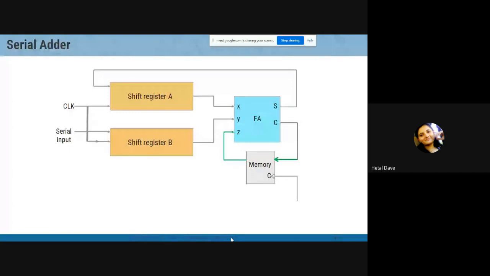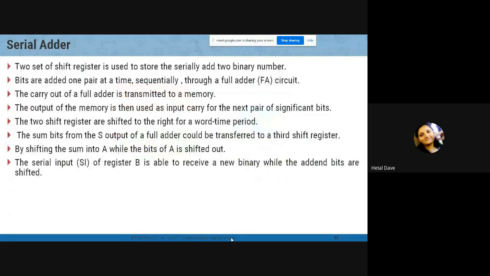Yesterday we tried to cover our topic, the serial adder. In a parallel adder, a total of 4 full adders are used because 4 bits are added using 4 full adders. Here the topic was the serial adder, meaning only one full adder was used, and using that one full adder, 4 bits from one number and 4 bits from the second number are added, but bit by bit. That's why this circuit was called a serial adder. The description is given here.